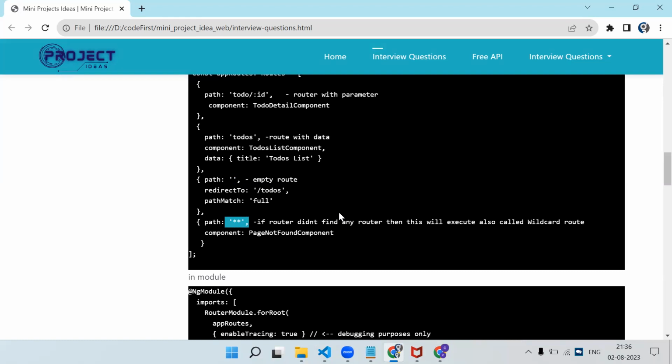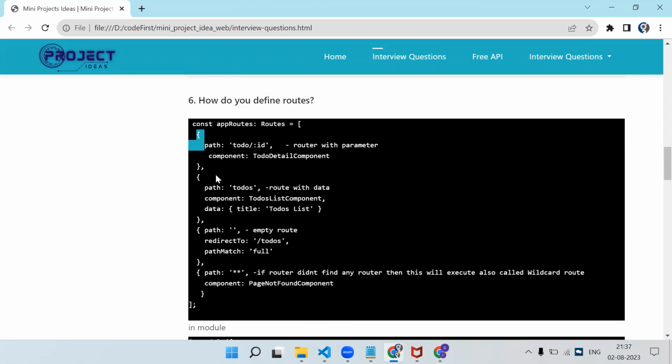If the router didn't find any route, then it will redirect to this particular page not found component. So in many industrial applications or actual projects, you will find this component. If a user types something in the URL and that route is not present, the user will land on this component because this is a wildcard route, right? So these are the various types of route definitions you can do while declaring the routes.